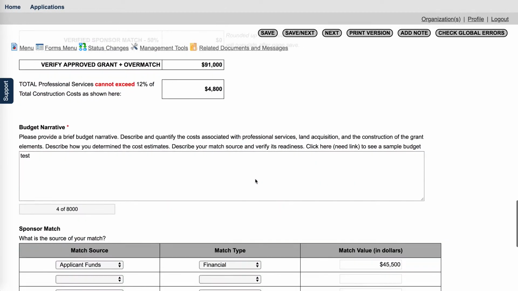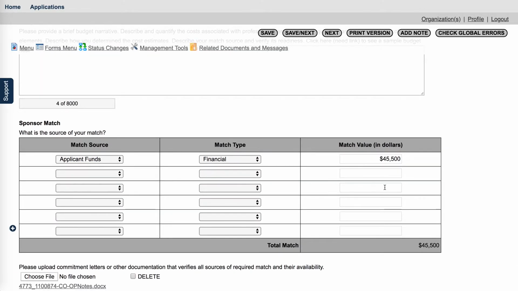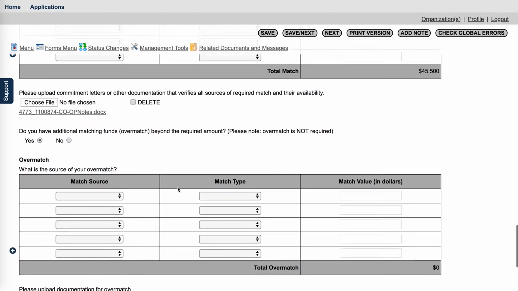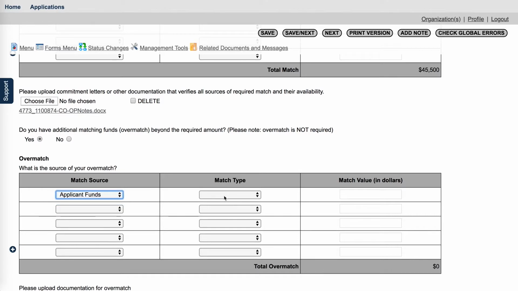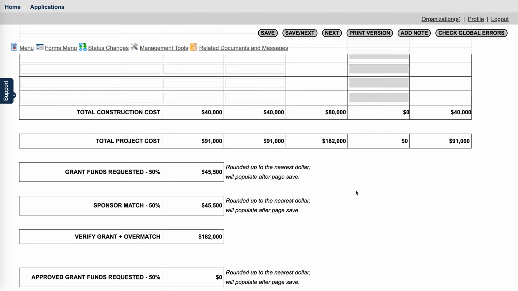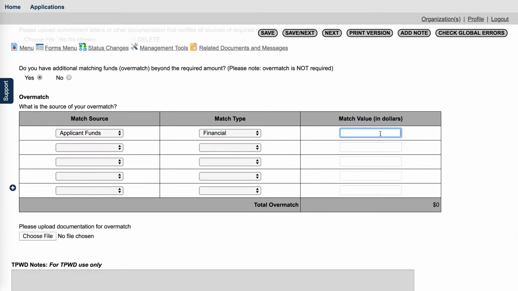So if I scroll down a little bit more, okay, I entered my sponsor match. So what did I do wrong? Oh, you know what? Here's the overmatch. I do have overmatch. My source is applicant funds. It's a financial. And my match value is exactly $91,000. That's what I've noted up here. So I'll type that figure here. I'll go ahead and save this form. And when I save it,